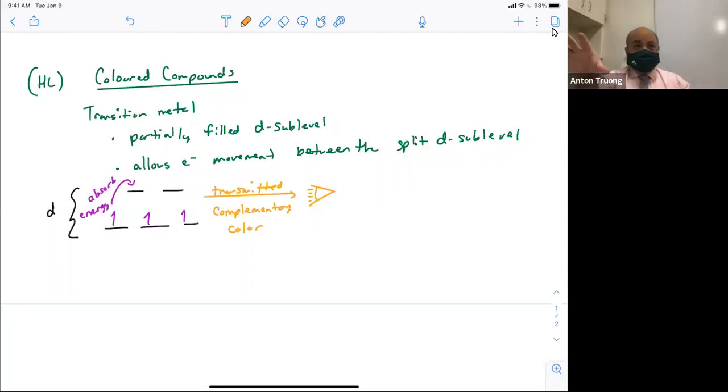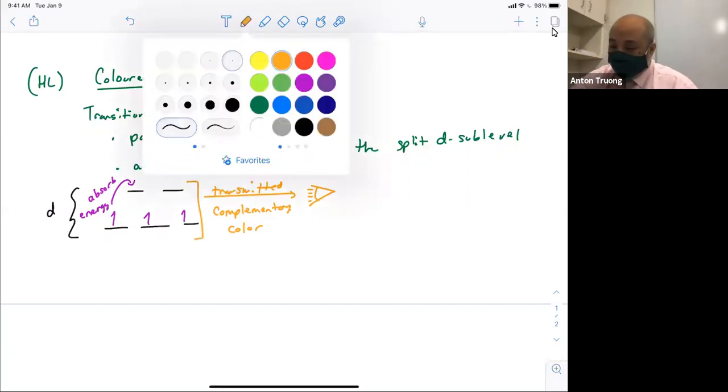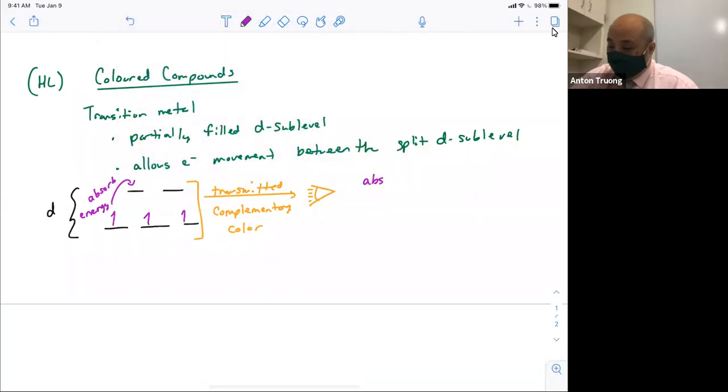If you see green, that means you're absorbing red, which is the smallest gap, because this gap here is what tells us what kind of color is going to be absorbed. And so if you're absorbing violet,